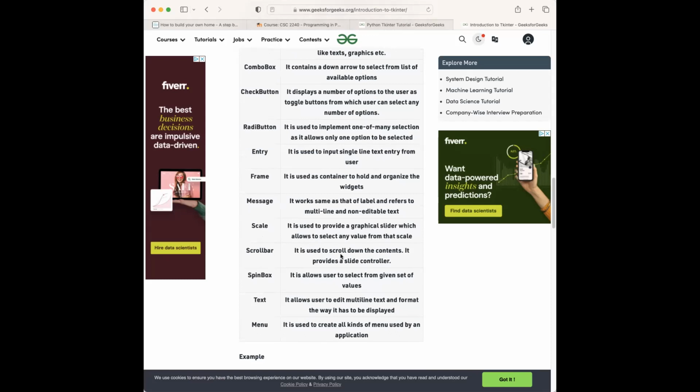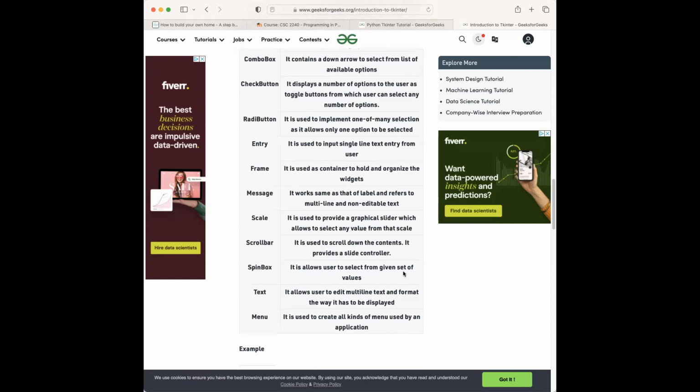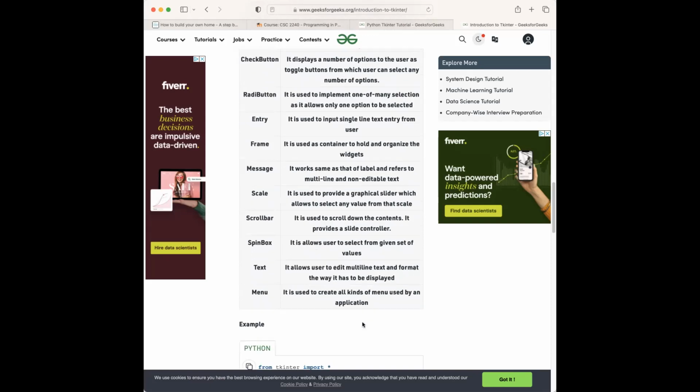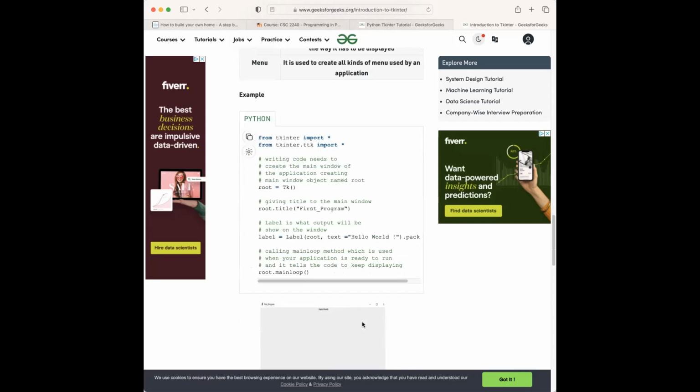We can scale things. We can have a scroll bar, spin box, when you have a bunch of options from a given set of values. Text box allows for multi-line input from the user, and then the menu, of course, to create menus of all kinds. Okay. So here's some basic code,